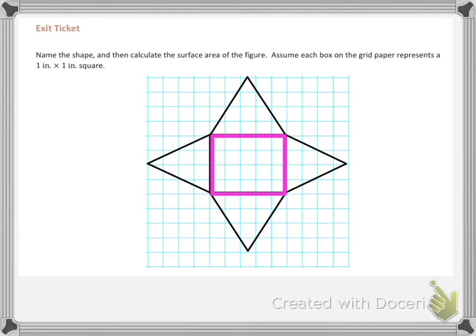And then we look at the points here, and it looks like if I fold all of these triangles up, they're going to come up to a single point that's going to be right in there, making this pyramid. So there's a little help. And then you just find the area of each of the spaces. So